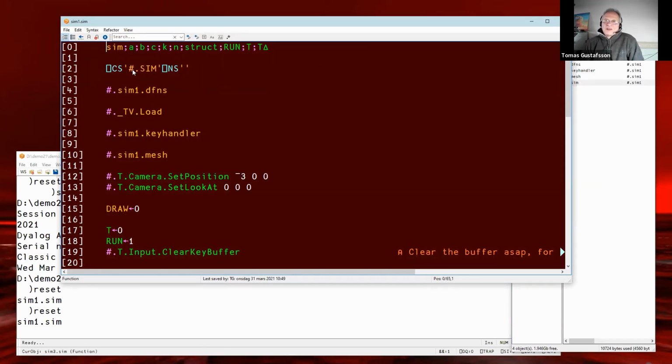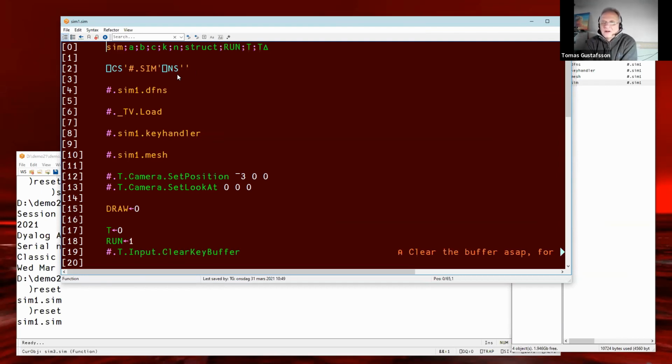When the whole thing starts, it's going to create in the Stormwind simulator several namespaces, but here one namespace called hash.sim. From now on, everything is going to happen inside that namespace. All data is going to be created inside there, and all calculations are going to happen there.